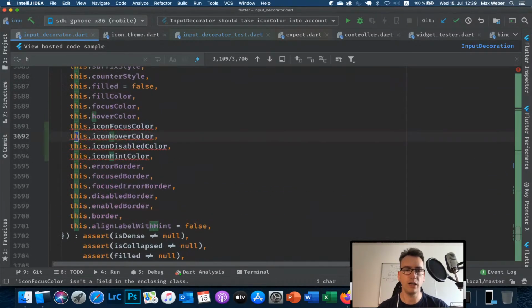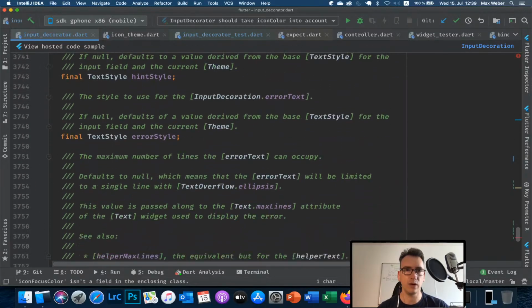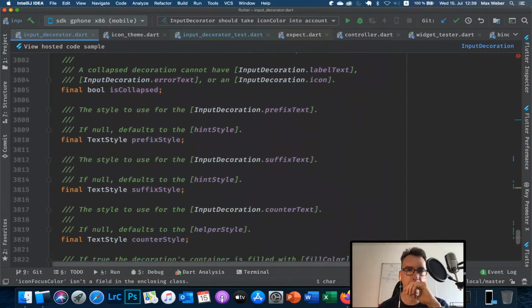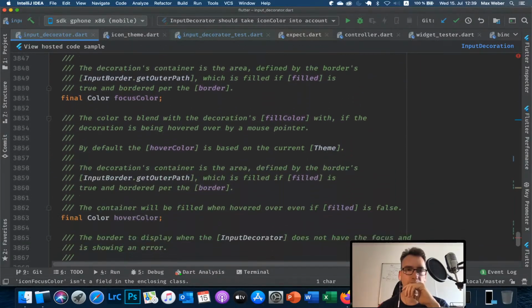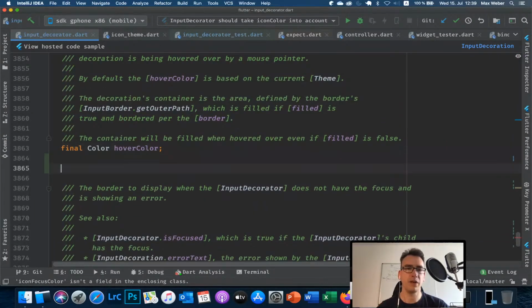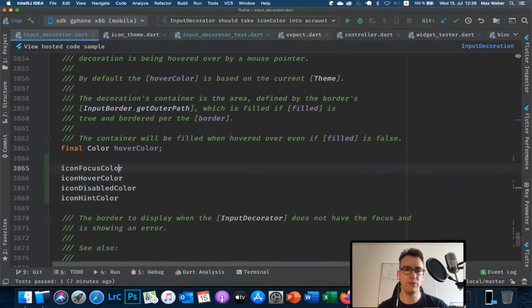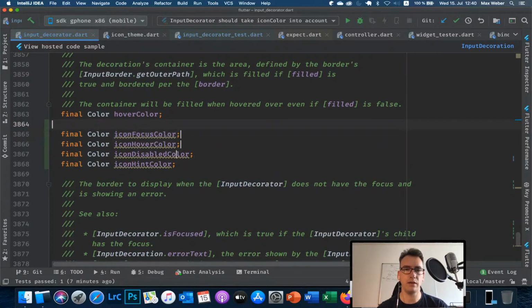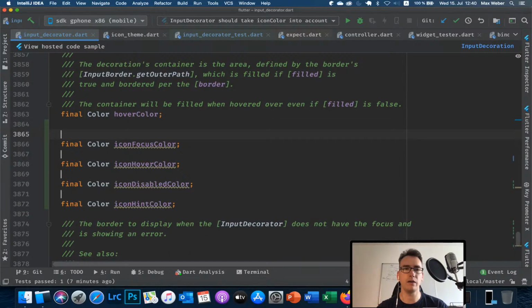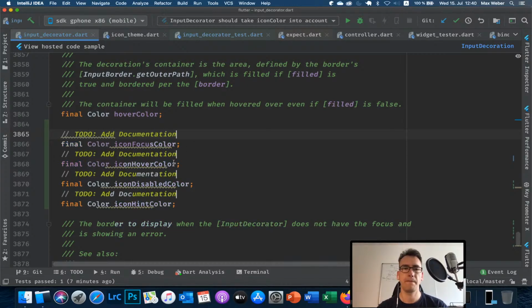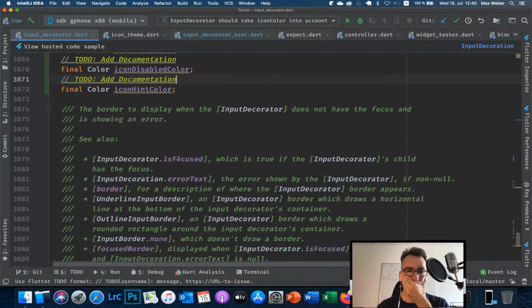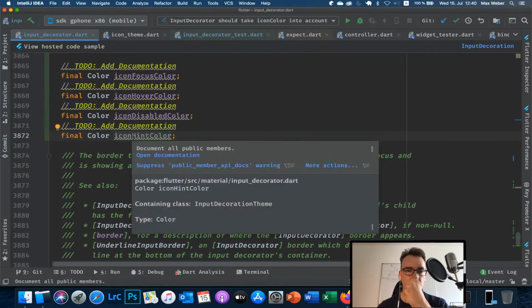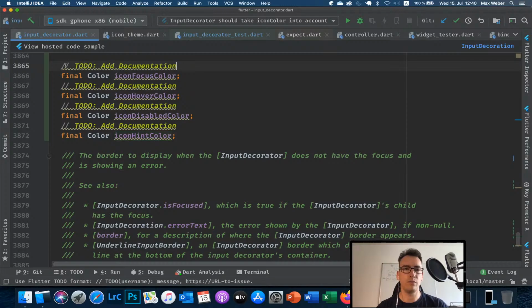So we search for hover color. Stance, content, okay, suffix, fill color, focus color, hover color. And we would have then here our that stuff. Final color, giving these different colors. And add on top of that everywhere to do, add documentation. So they are all yellow, yep, because they also want to have